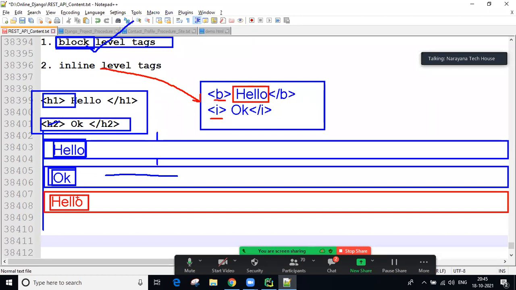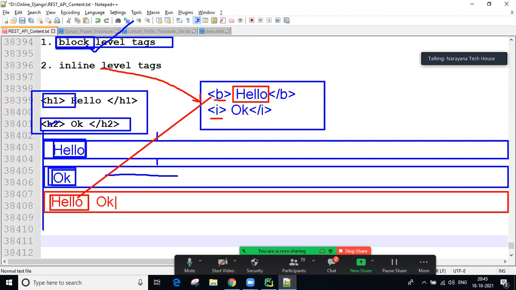The remaining space we can use for another inline level tag, which means the okay content you are also going to get in the same line.